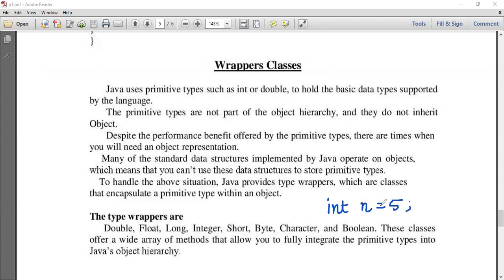Now if we want to convert this n into an object, we need a mechanism where n will be there having the value, and it should be within an object. So this wrapping of a primitive data type in an object is done through wrapper classes.